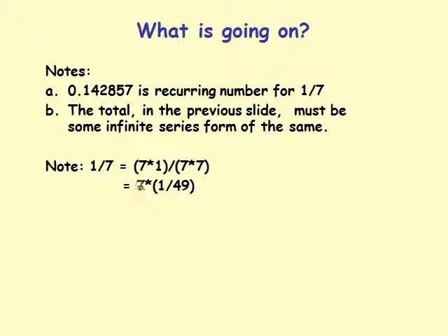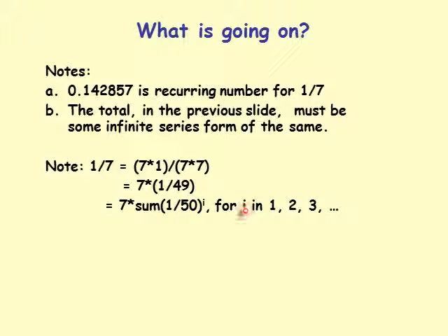So that's 7 times 1 over 49. That's how we would write it down: 7 times, in parentheses, 1 over 49. So in the previous slide we had 7 times, and now we would try to figure out how we can get an infinite series from 1 over 49. Let's see, so that series is the sum of 1 divided by 50 to the highest power,